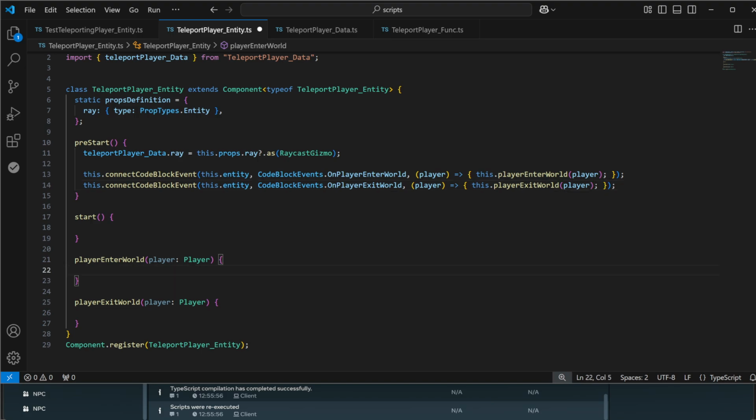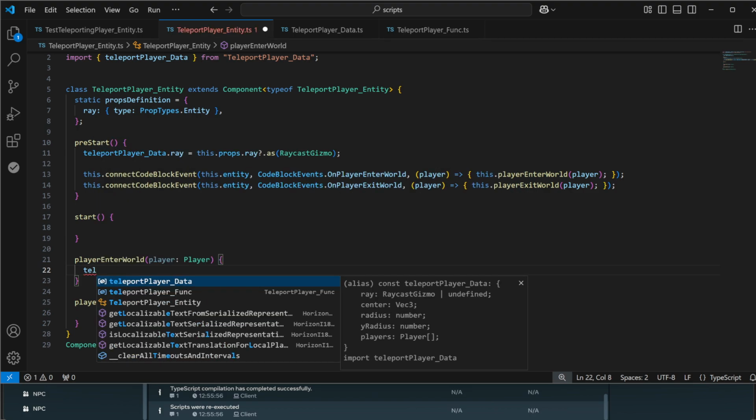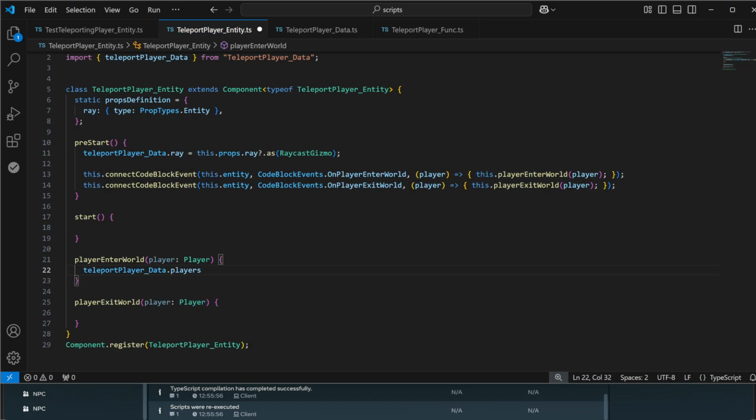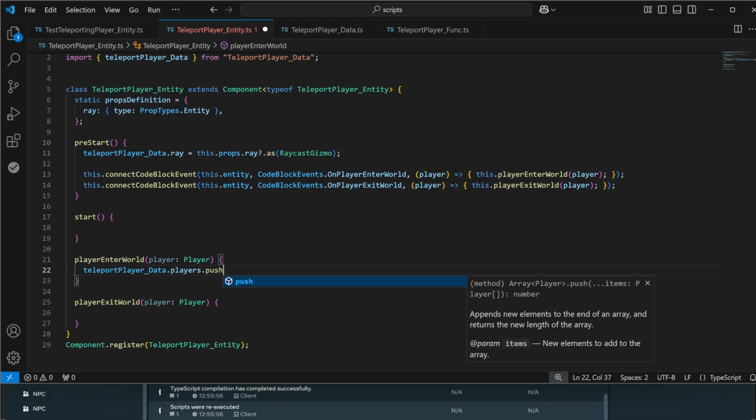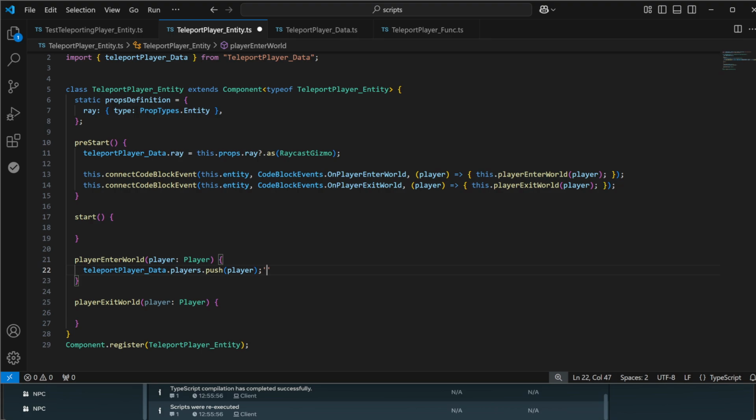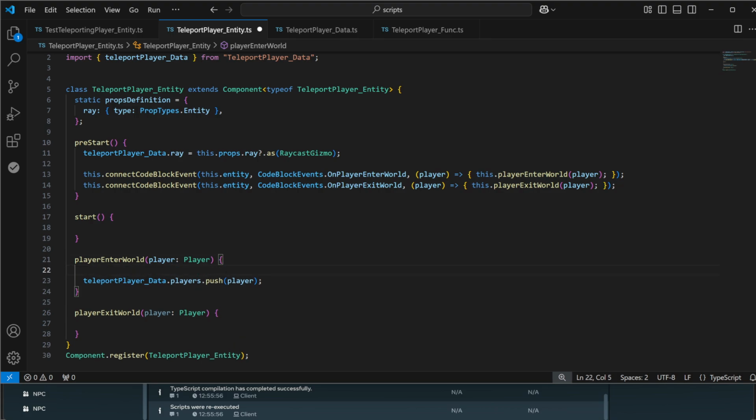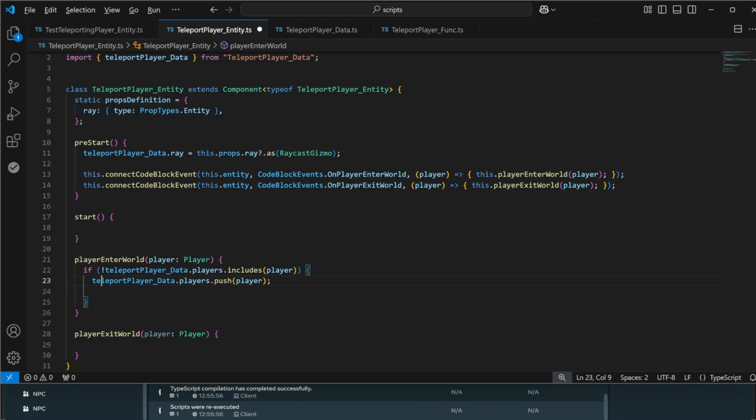And on player enter world, we can add to the array. So we call the teleport player data file dot players and say dot push, and then parentheses player. Now, if for some reason this player is already in this list, we don't want to add them twice. So we're going to type if, parentheses, exclamation point, which means does not include. And then we type teleport player data dot players dot includes, parentheses, player. So if this array does not include the player, we're then going to add the player to the array using .push. And then when they exit the world, we want to remove them from the array, which we can use the array utils